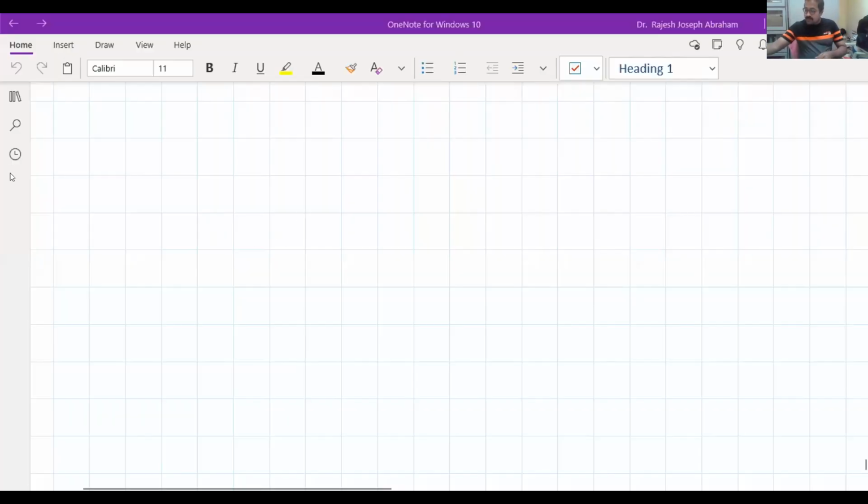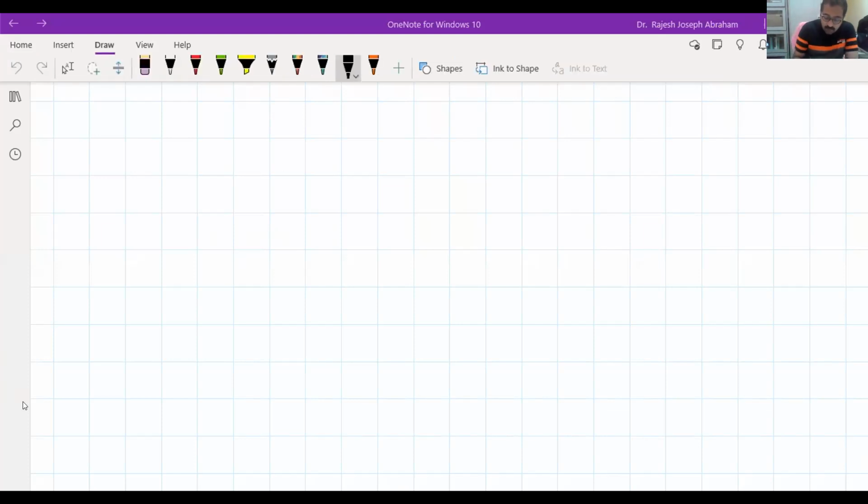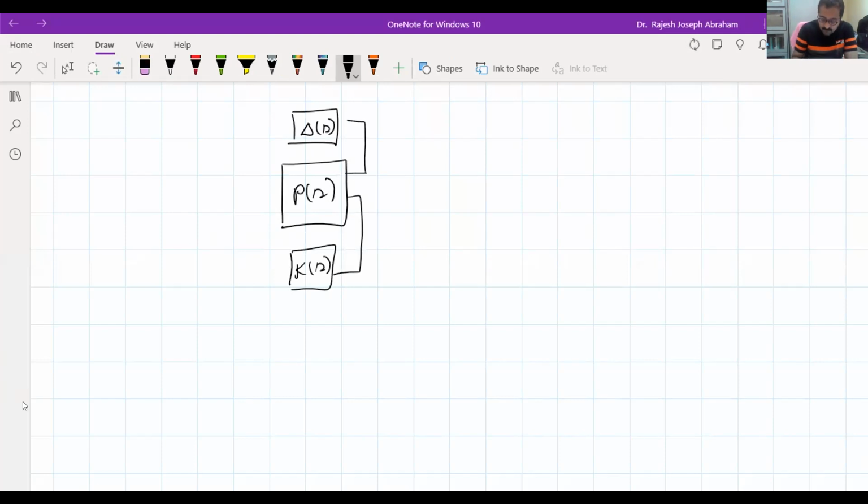So a brief recap of what is an LFT? We have separated out the perturbation. Then we have the nominal plant, then we have the controller K. There are two outputs from the plant: one is the measured output Y, one is the regulated output Z. And there are two inputs to the plant, one coming from the perturbation and one coming from the controller. The output signal from the controller going to the plant is the control input U, and this is the exogenous input W.